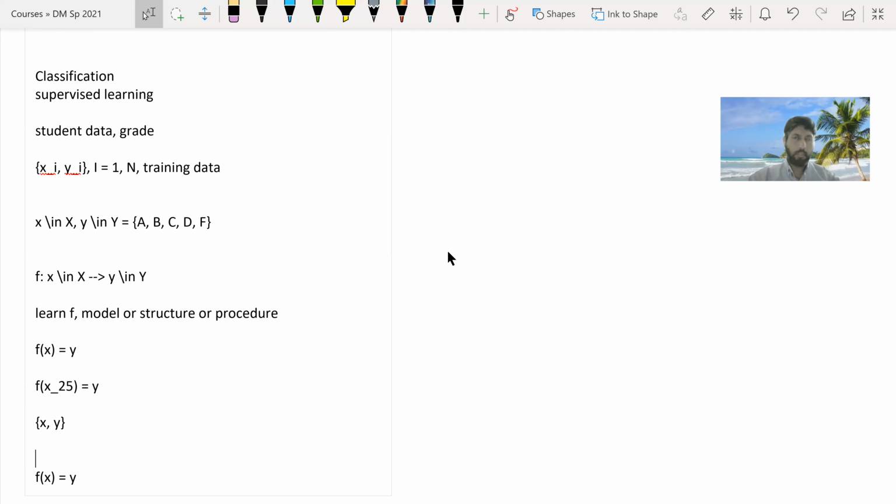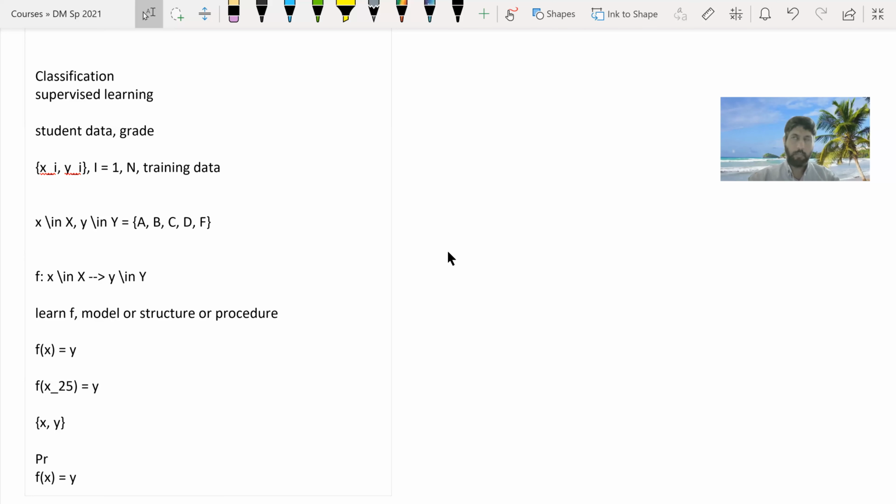So first of all, let me just spend a little time on categorizing techniques. The most common way of categorizing techniques for classification is based on the underlying theory. What is the basis for the model? So based on that,